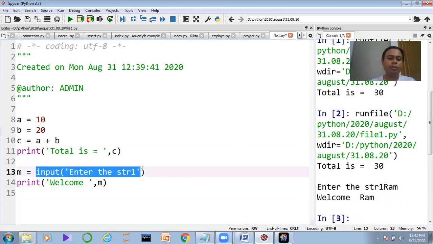So what is the input function? The input function is a predefined function of Python which receives the data from the end user. Point to be noted. The second point is that the input function can only return string type data. Whatever data is present on our keyboard, any kind of data is actually string data. It can be completely alphabets, it can be numbers, it can be special characters like @ or hashtag. All of them come inside the domain of string. Point to be noted.